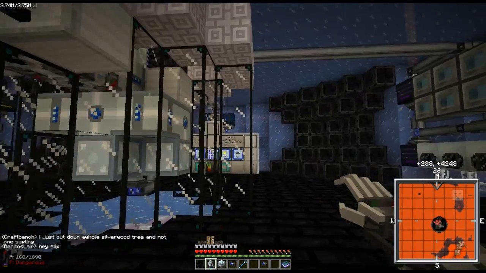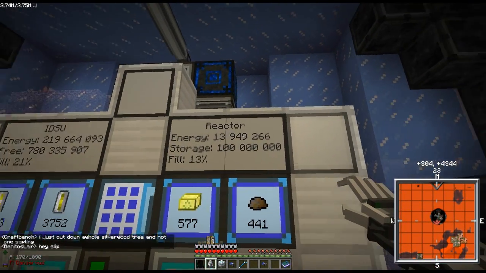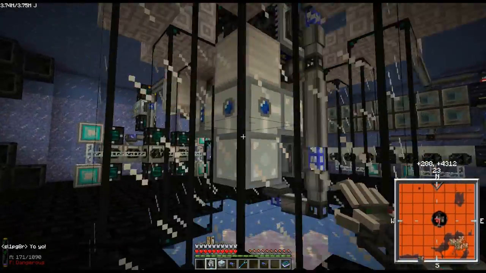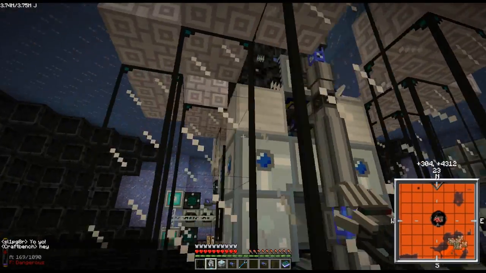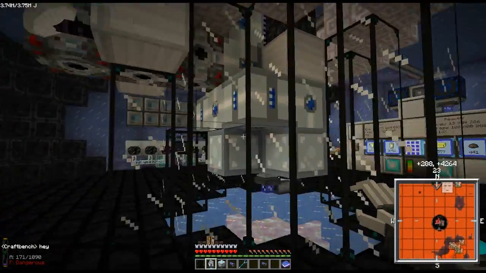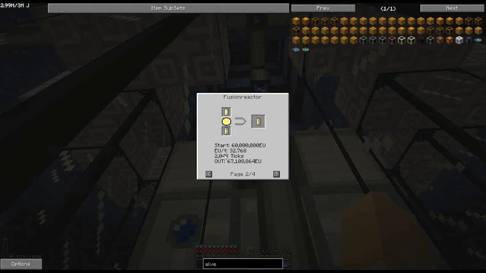fusion reactor, because all the fusion reactor is waiting for is enough power to kick off the reaction, to start the fusion reaction, which is 60 million EU. So it'll need 60 million EU, then it'll start to consume the fuel and generate 32,000 EU per tick, I believe it is. 32,768, I think, is the figure, which is what we want to feed into our matter fabricator. 2,048 ticks, and if you multiply 2,048